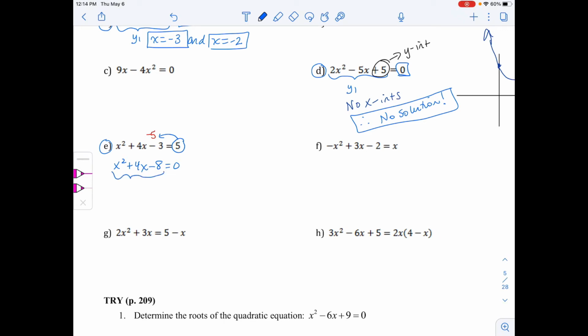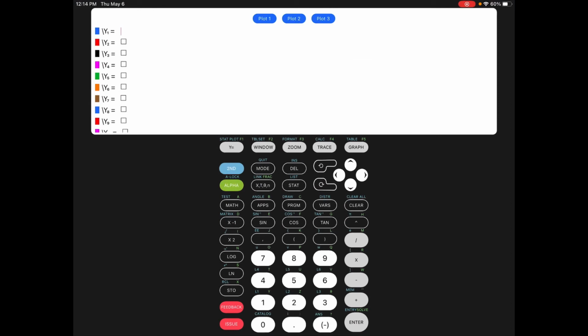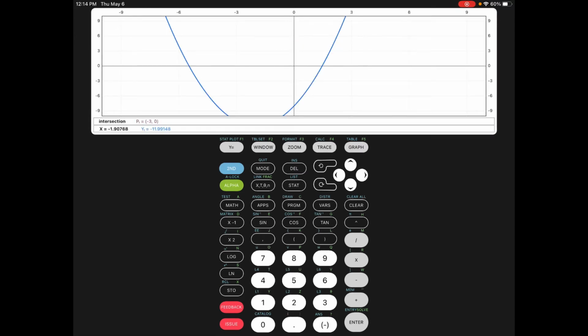So again, I'm going to enter this into my calculator as y1: x squared plus 4x minus 8. Clear out that one, x squared plus 4x minus 8. And I push graph. I still want to find my 2 x-intercepts. I'm going to do that. Second function, calculate the zero. Depending on which way you want to do that, I'm just going to scroll so I can find my cursor. I find the left boundary, push enter, the right boundary, push enter,